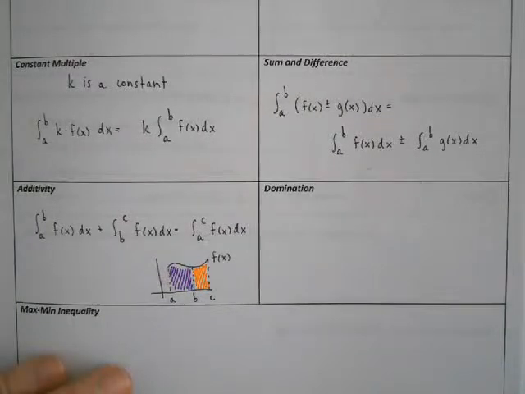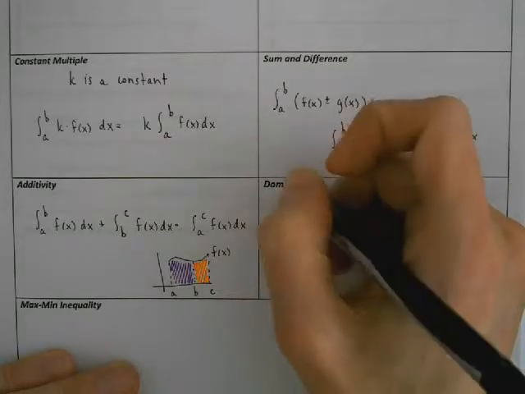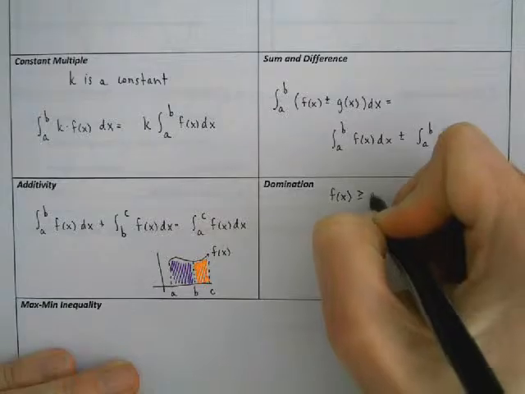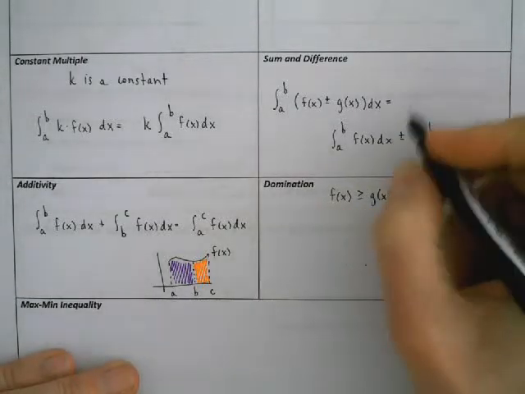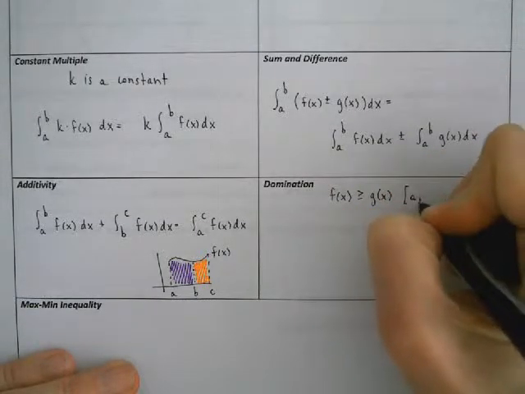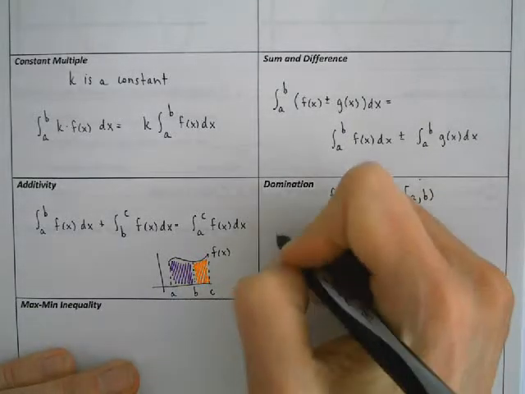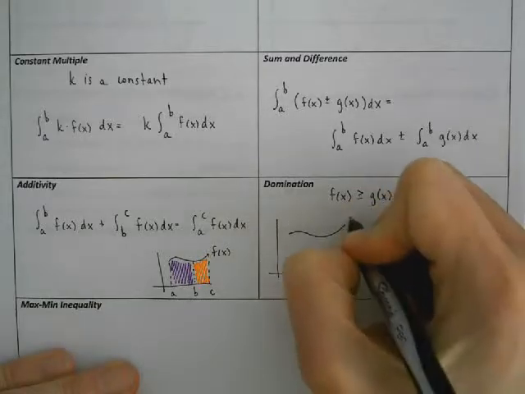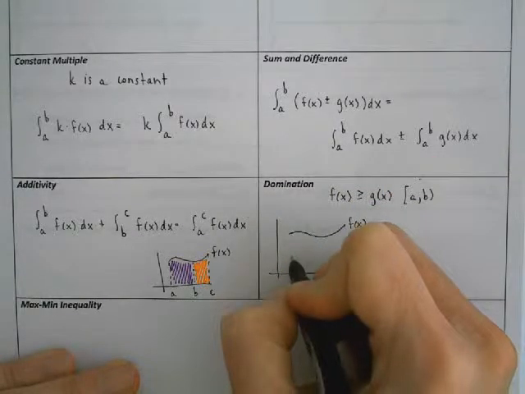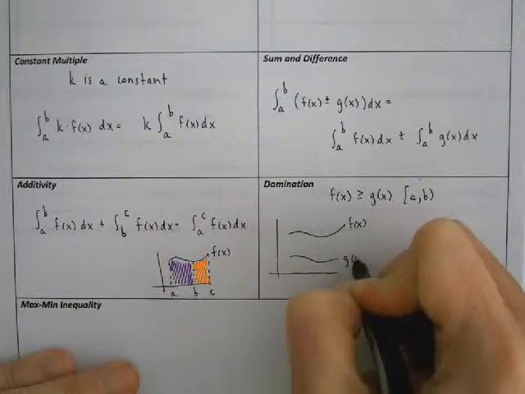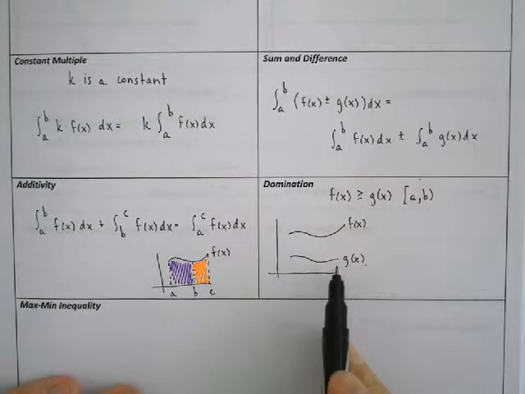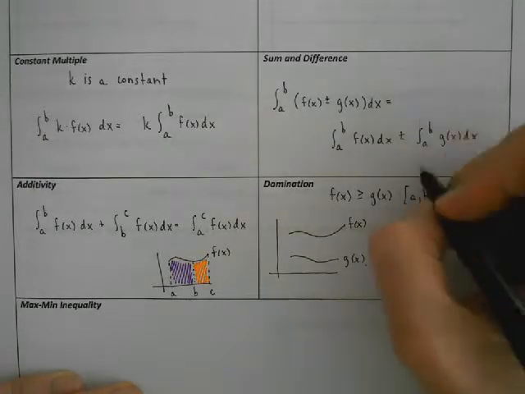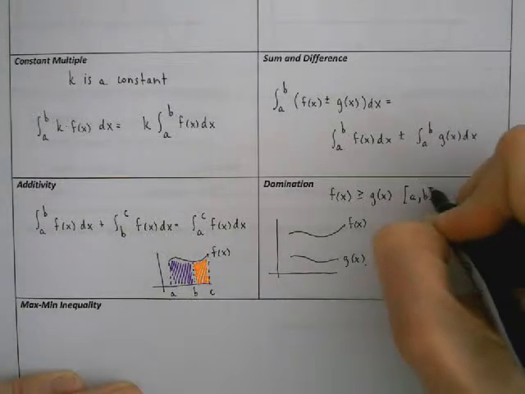Okay, the next one is domination here, and here's the setup. So it says if f of x is greater than or equal to g of x on the interval from a to b. So graphically what we're looking at is something like this. If I have some function f of x and another function g of x, so if f of x is greater than or equal to g of x for all values of x in this interval, sorry, this should be a closed interval here,